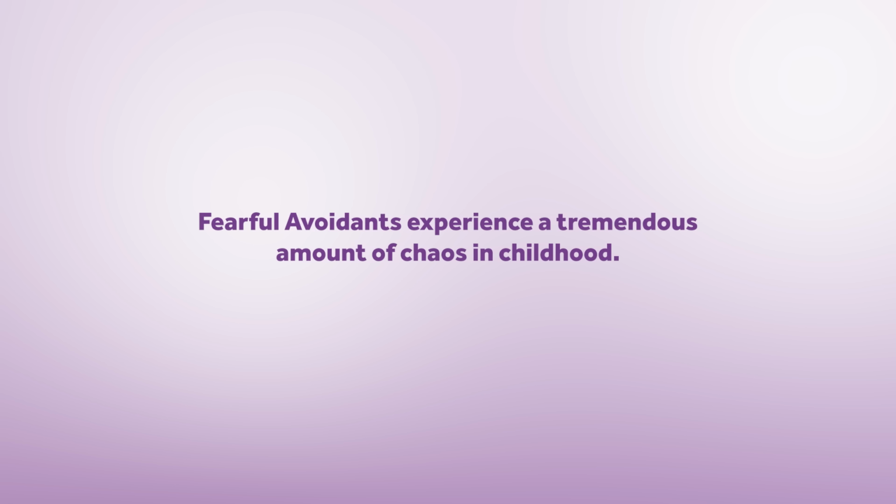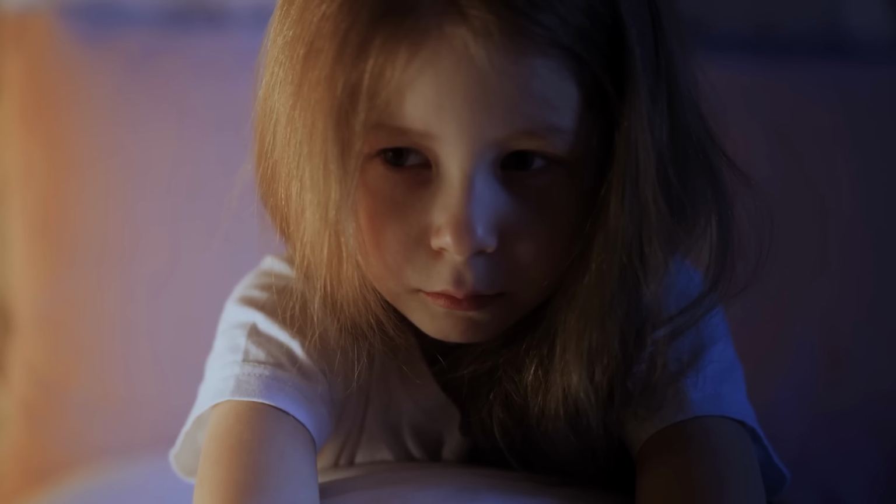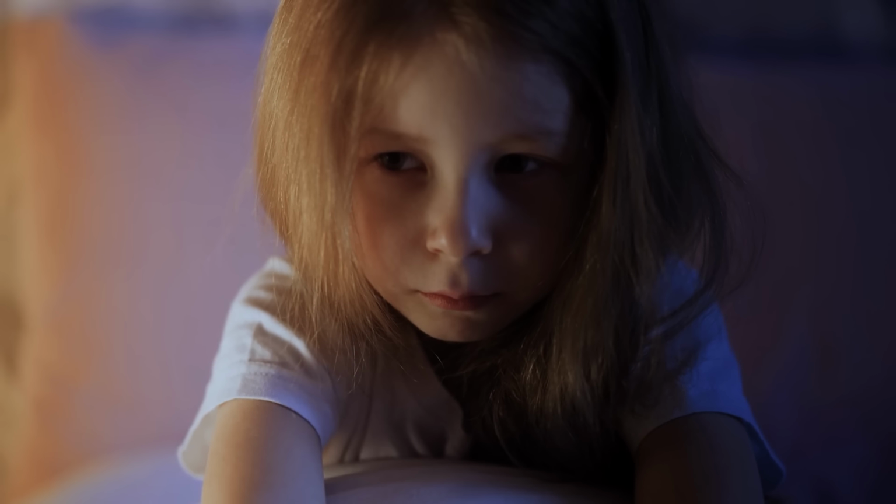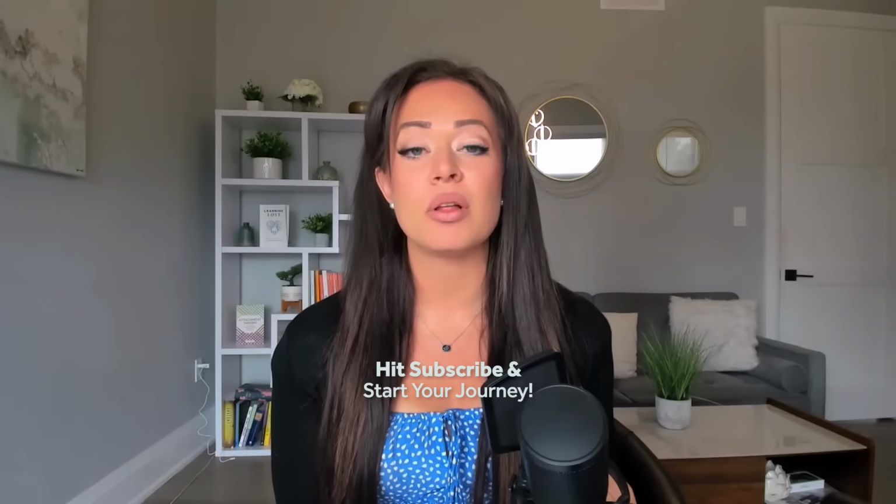Let's start by talking about this from a high level. Fearful avoidant attachment styles in childhood experience a tremendous amount of chaos. And unfortunately, what this does is it wreaks havoc on their own subconscious mind, their programming, and really their nervous system. Most fearful avoidants grew up in an environment where there was constantly broken trust, whether it was through unpredictable caregivers, inconsistency, or betrayal. And what this causes is a fearful avoidant to grow up thinking, I cannot safely rely on others. In fact, the idea of constantly relying on other people might be something that makes you feel really deeply afraid or even panicked in your body when you think about it.